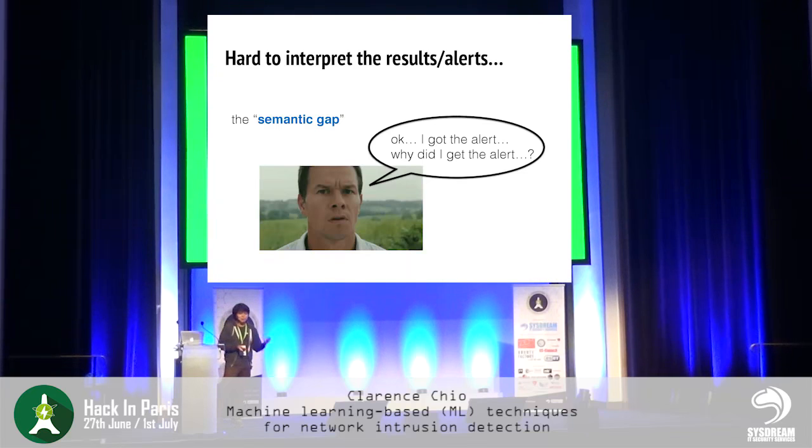It is also hard to interpret the results in alerts. Let's say you have the rule that we saw earlier. If any alert is triggered, it is very clear what caused the alert and which IP address or which user account is being compromised or is attacking. However, if you are using some kind of adaptive machine learning model, then it is more complex to explain why an alert was triggered, because the model is constantly adapting. If you're using online learning, then it's also hard to keep track of when the alert was triggered versus which model you're using to trigger the alert.